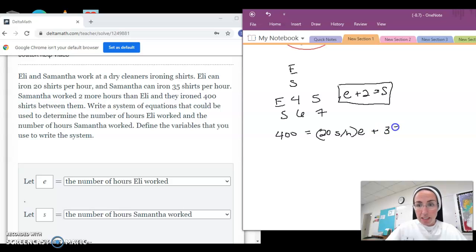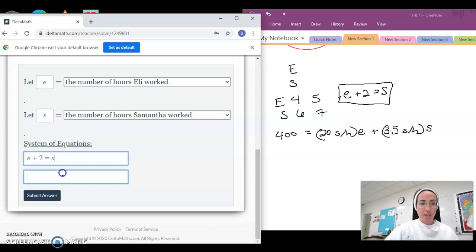Similarly, Samantha's rate, 35 shirts per hour, gets multiplied by the hours she worked, S, and that equals 400. So 400 equals 20E plus